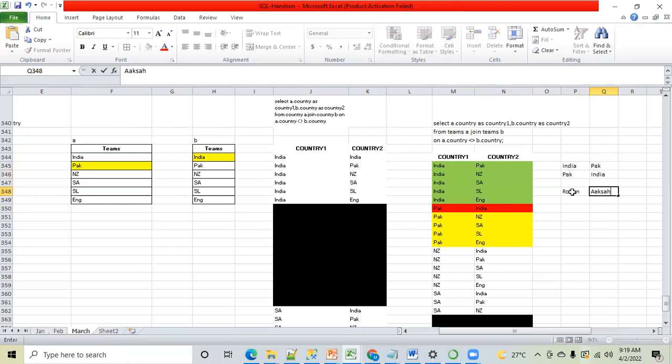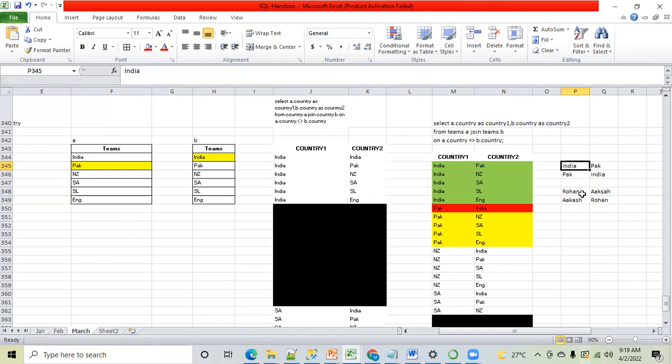Rohan Akash is the name of a guy. Maybe you can have another guy whose name is Akash Rohan. Correct? So they both are different students. Similarly, they both are not duplicates from the SQL world. They both are different. For us, it seems that they are duplicates because for our use case, this is a duplicate. So even if you write distinct, you will get both the records. Is that clear? Because for the SQL world, they both are distinct records. India, Pak and Pak, India, they both are different, distinct records. Hope it is clear.